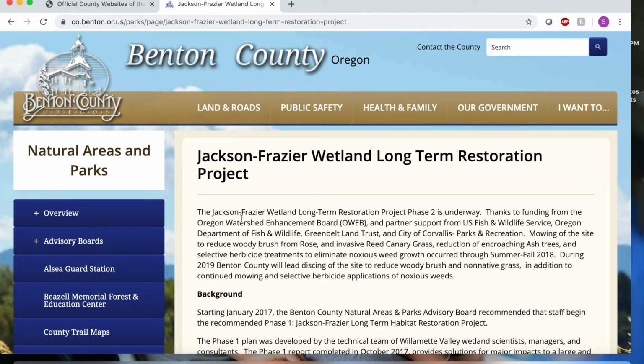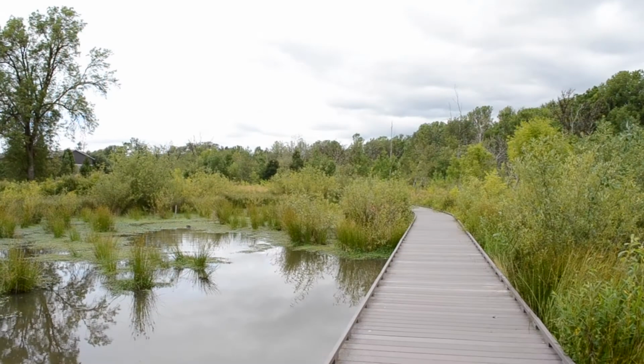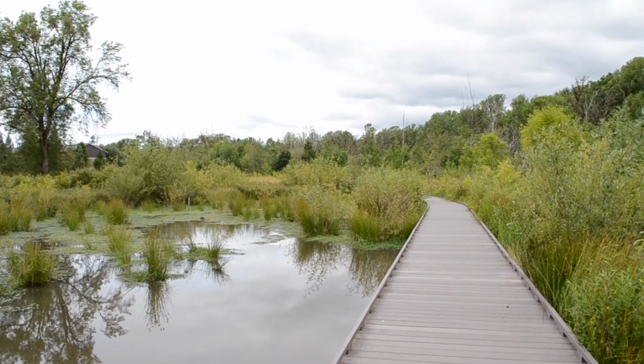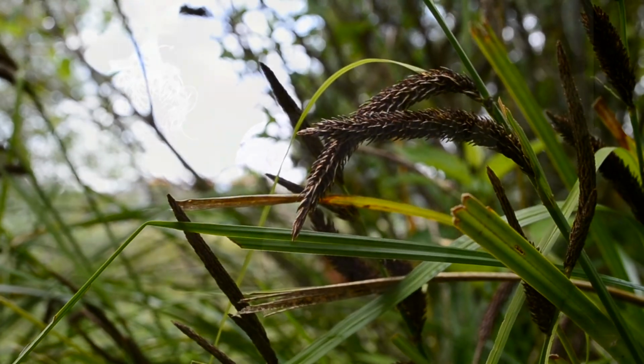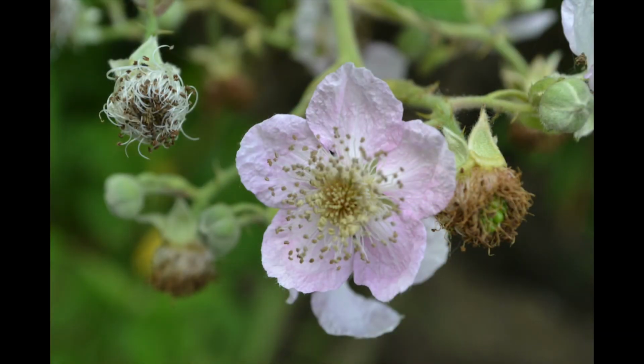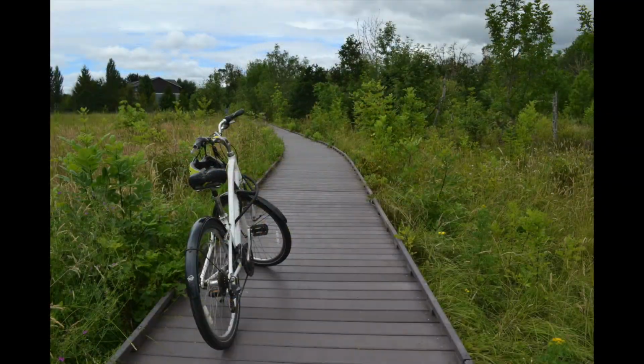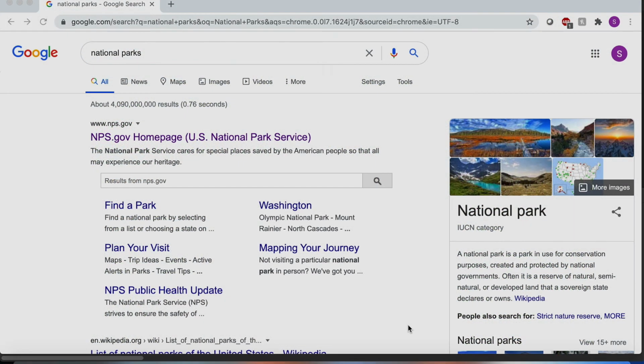This gives you background on the park and explains its educational and research pursuits. Also be sure to look up national parks through the nps.gov website.